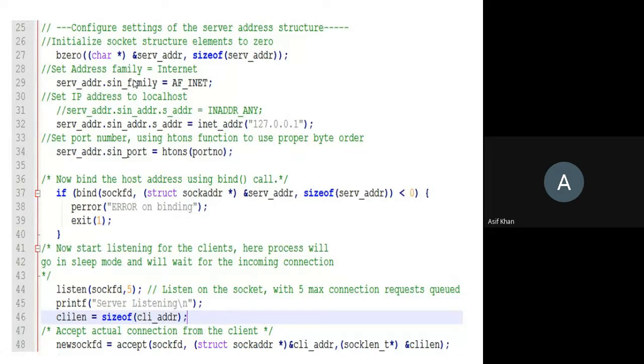After the socket function is used, the endpoint is created. Now you need to attach the address information to the endpoint. What address will we attach? The IP address and port number. For that, we have to use the bind function. But before using the bind function, we need to initialize the address elements. The sockaddr_in structure contains the elements of the address information, so you need to initialize it.